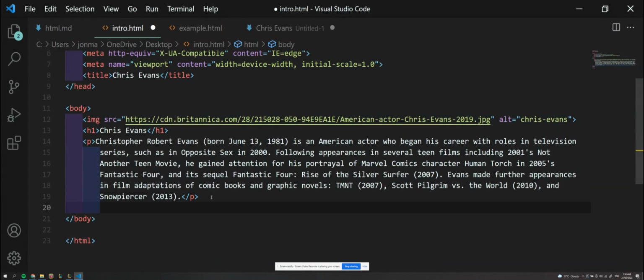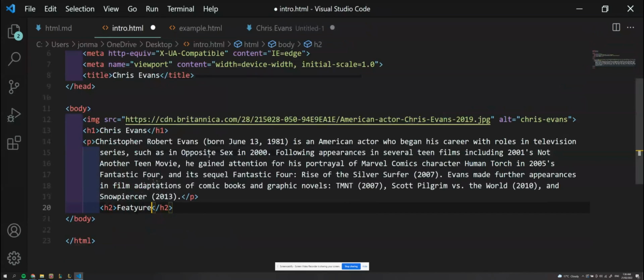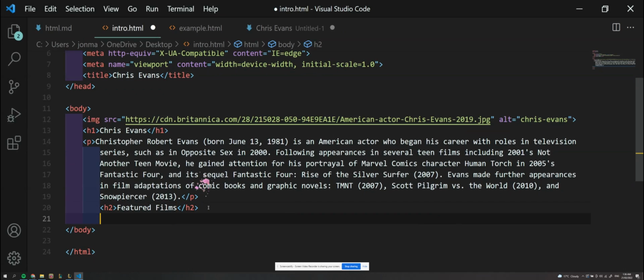Now we're going to add another header called an H2. You can think of this as a less important heading than the H1. And in here, we're going to add featured films. And after that, we're going to use what's called an unordered list HTML element. You can think of this as